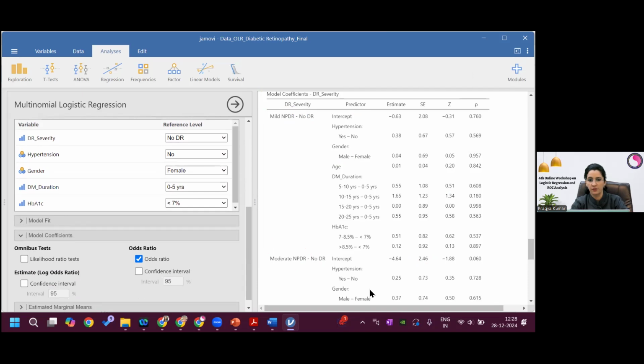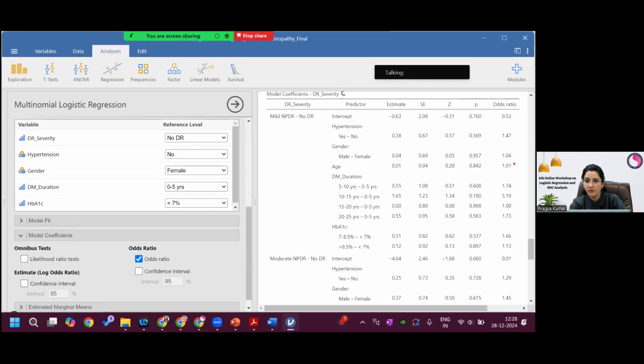It is the odds ratio, I'm sorry. So this is 1.47, this is 1.04. This is the odds ratio. This 1.45 is the odds ratio